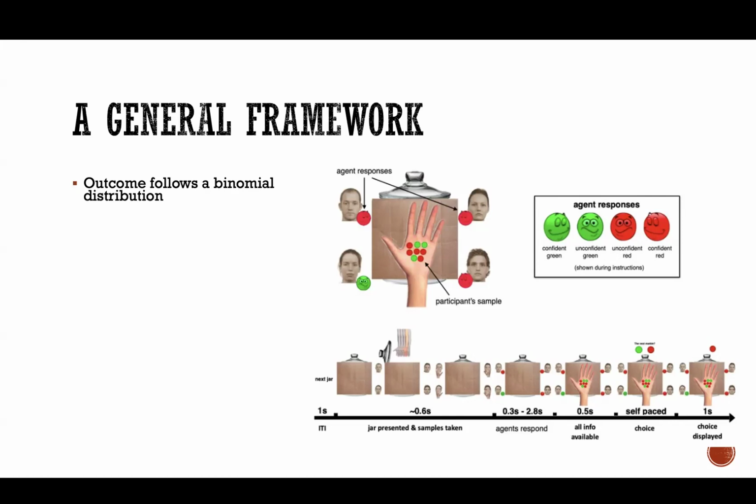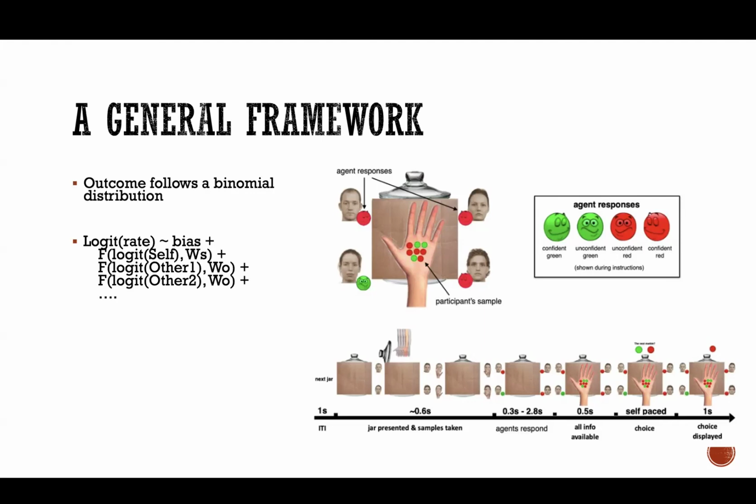That's the task, right? And what we can do is write it as the logit of the rate, right? The probability of picking red is equal to, we could put a bias if people have a bias to pick green or red,